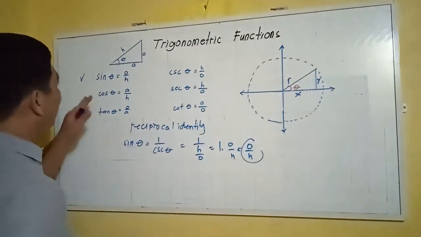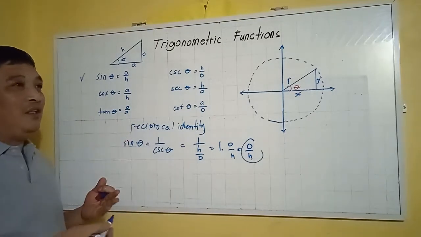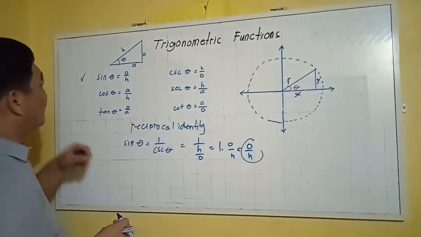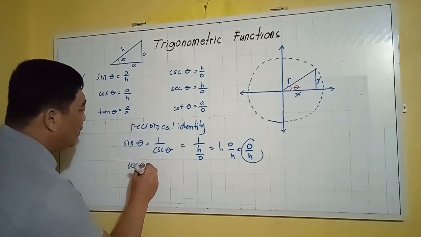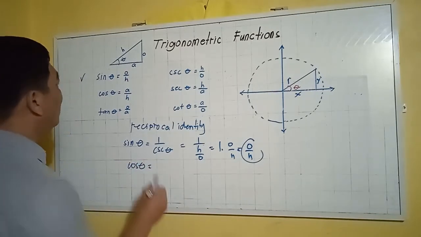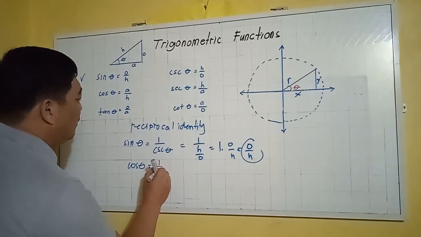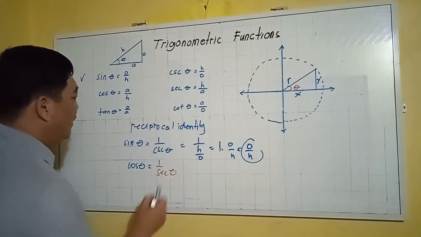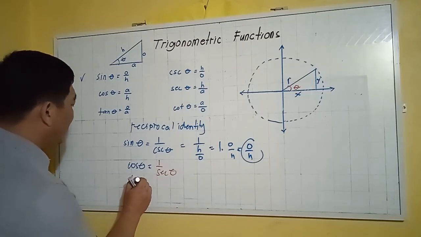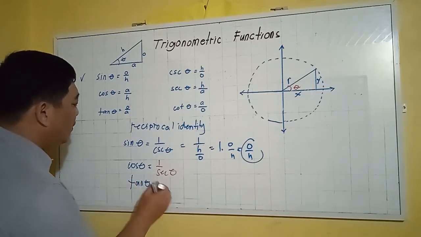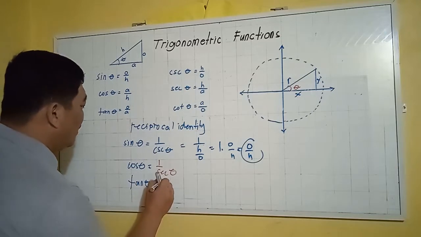And so the reciprocal identity of cosine theta is that cosine theta is equal to 1 over secant theta, and tangent theta is equal to 1 over